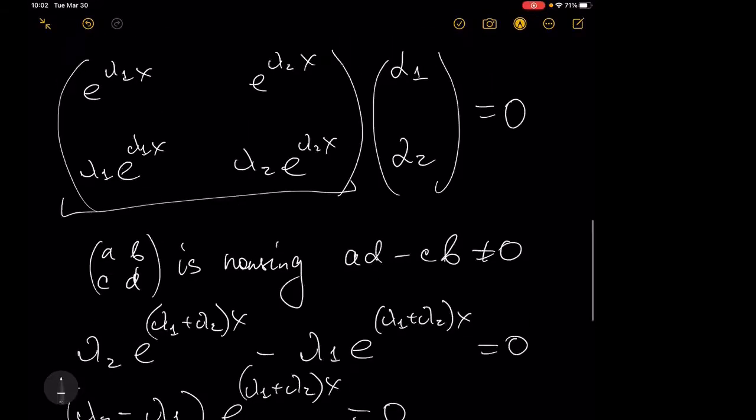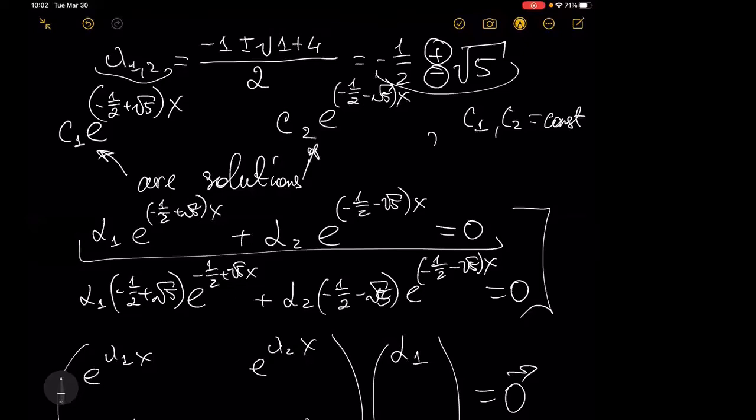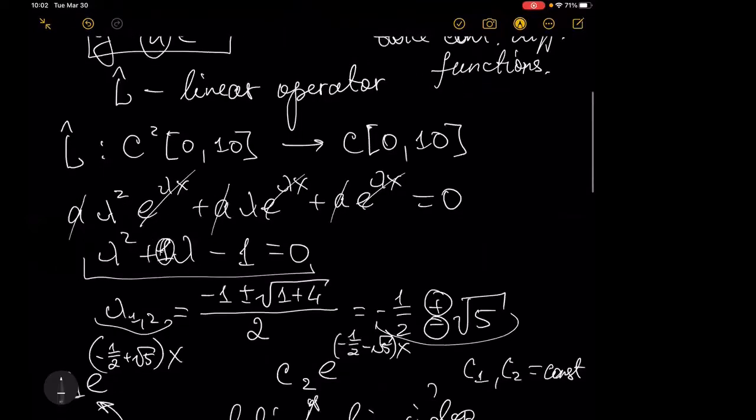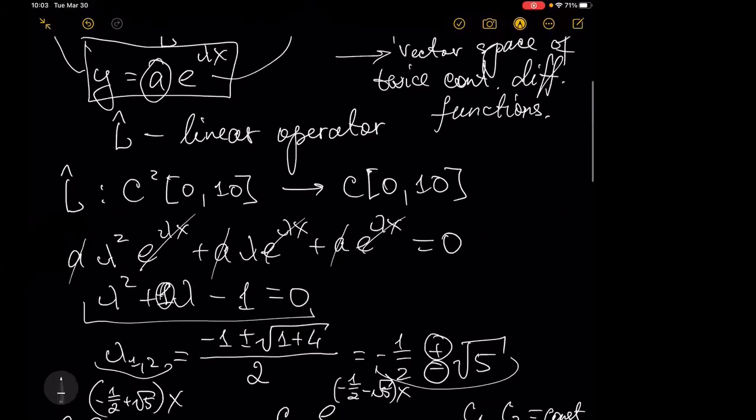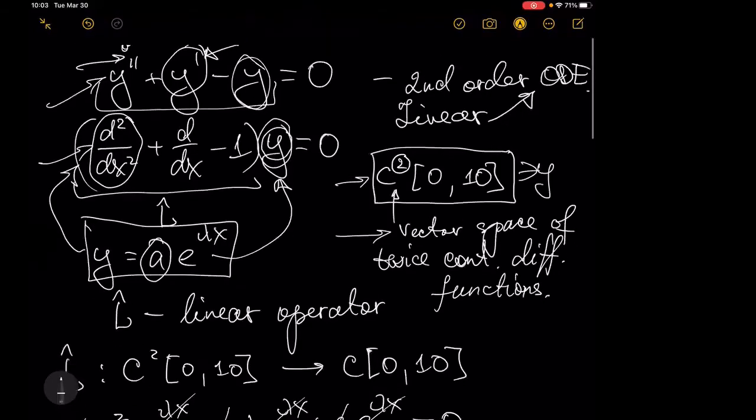Okay, we see that this is non-singular. So from here, it follows immediately that this homogeneous system of linear equations has a unique solution, and this unique solution is a trivial solution. So we have proven that these solutions are linearly independent. So, okay, we have found that for the space of solutions, or in other words, null space of this operator L,